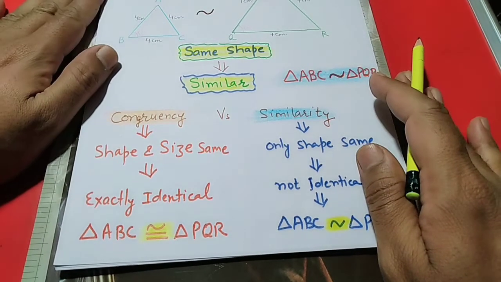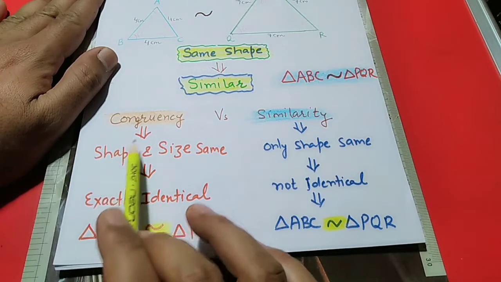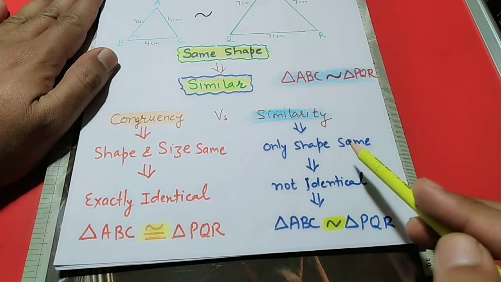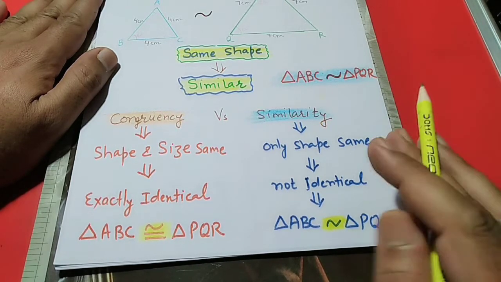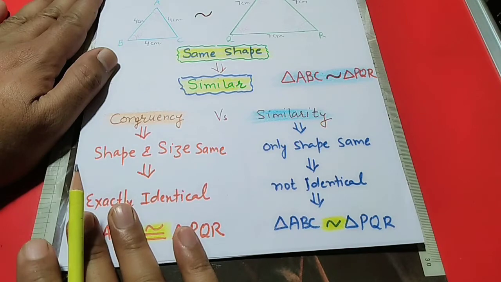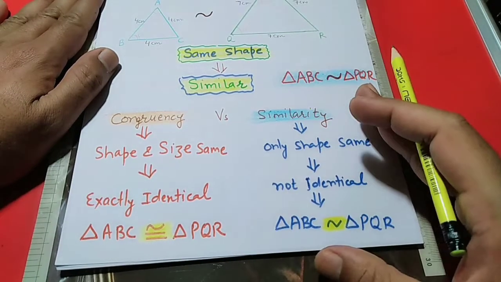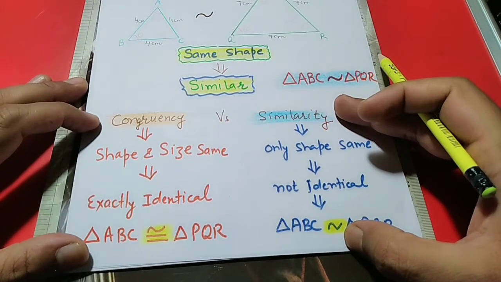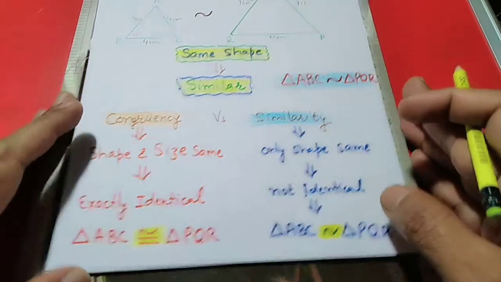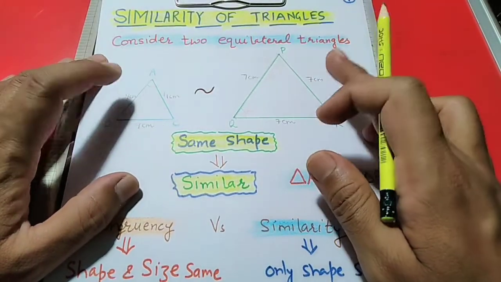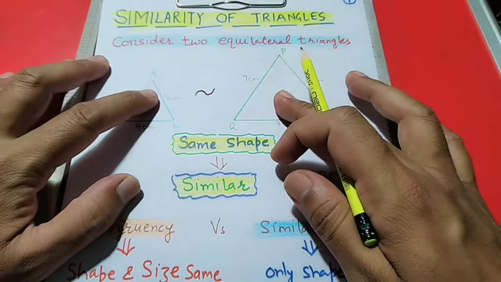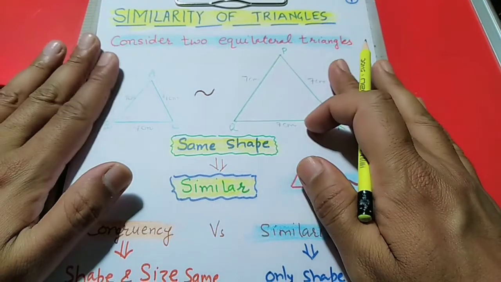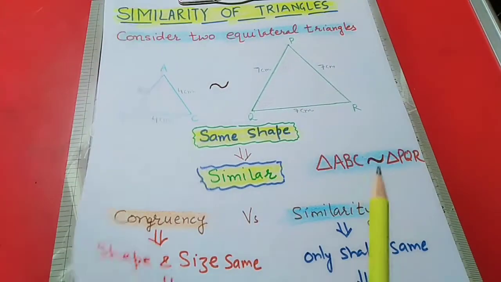So the conclusion is, all congruent figures are similar. But all similar figures may or may not be congruent. Congruency implies similarity. In similarity, we just see the shape only, and in congruency, we have to see the shape and size. So these were two similar triangles, not congruent, because their size is different. Their size is different, but their shape is the same. So they are similar, not congruent. So this is the introduction of the topic. Now,